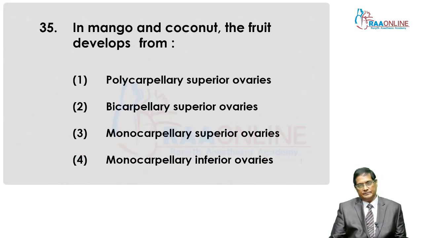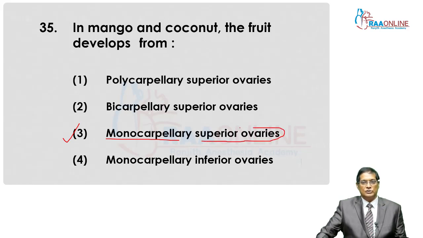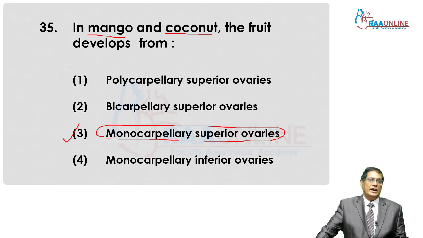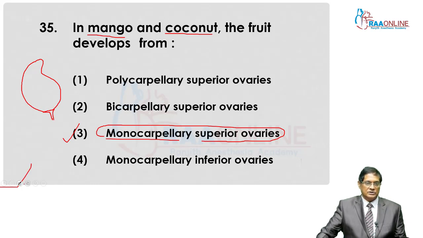Mango and coconut. These are in NCERT also. Only two fruits are mentioned with their development also. They develop from monocarpellary, that is from a single carpel, and a superior ovary. These are simple fruits. Mango is a simple fruit, coconut is also a simple fruit, and true fruit, simple and true fruit. And in any fruit you will see there is a fruit wall or pericarp, such as in mango. This is the fruit wall or pericarp, and you see